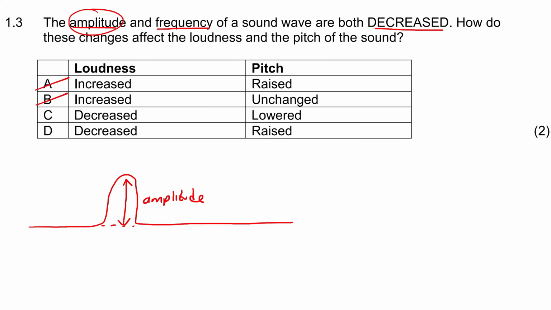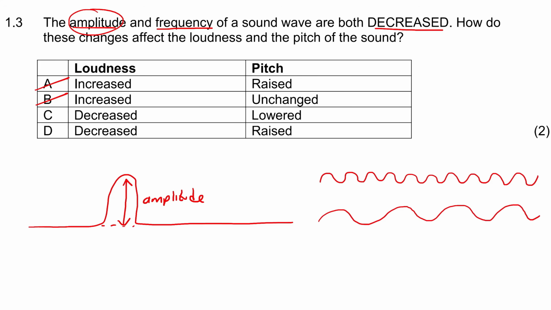Now, when we look at frequency, it tells you how many, or how often there are, waves. So, for example, if you have something like this, that is going to be a much higher frequency than this, because in this specific area here we can see that there are more waves, and here there are less waves. So when there are more waves, we say that that is a high frequency, and when there are less waves, we say that that is a low frequency,